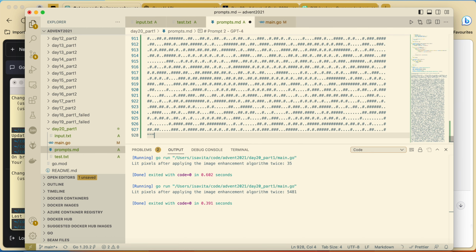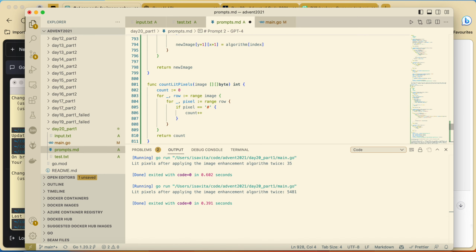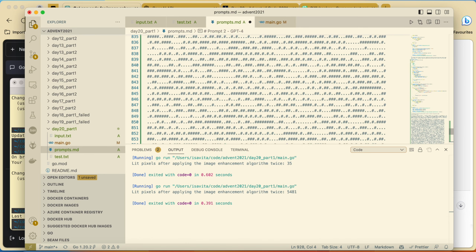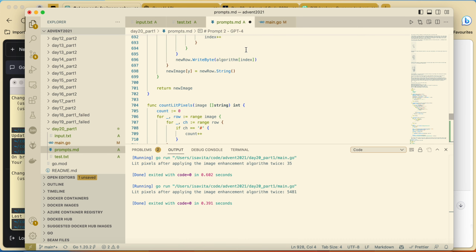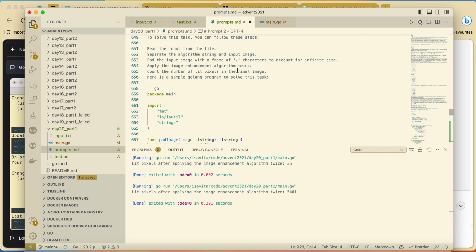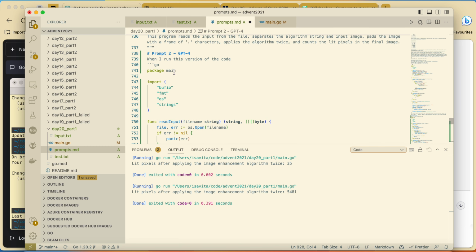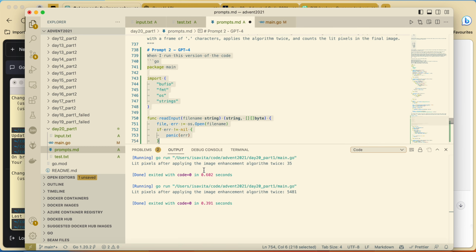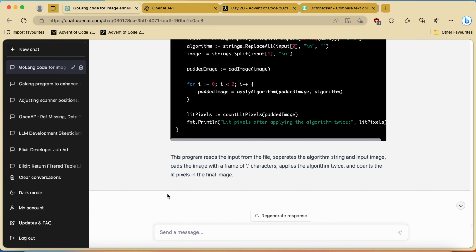Because of the size of the input, there is actually no way really to paste that and so on. It's a bit sad to some degree. Because I suspect that